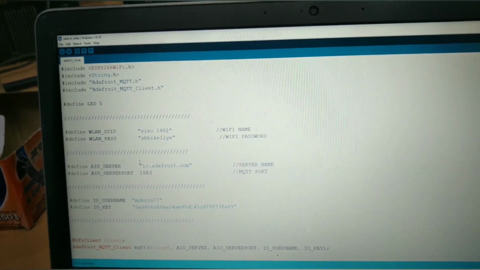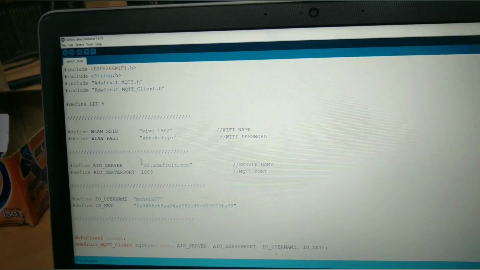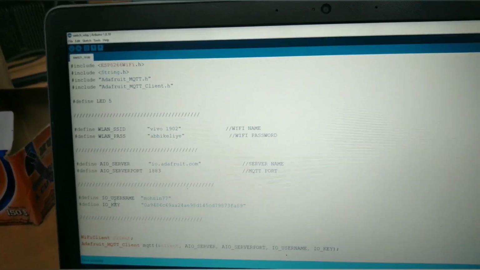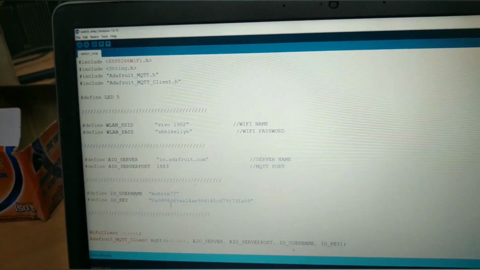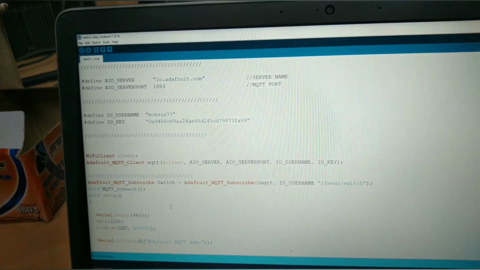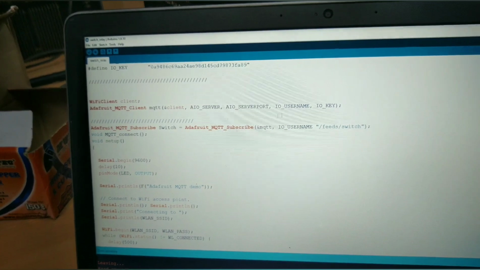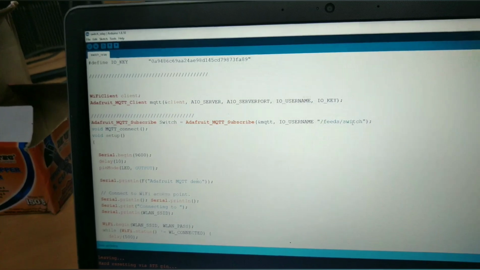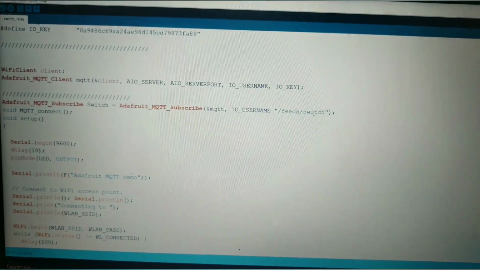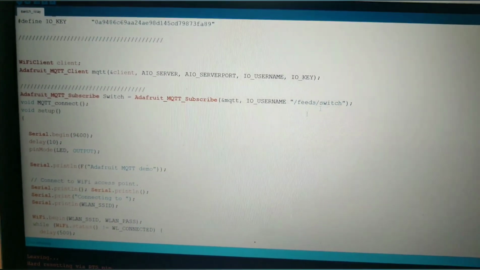We are using Adafruit server as a link to calibrate the Google Assistant. So we have defined it here. We have defined the Adafruit username and the key of the credentials of the account that we are using to create the toggle switch. In the Adafruit feed, we have created a toggle switch from where we are turning the switch on and off, so that we can see the on and off of the LED.